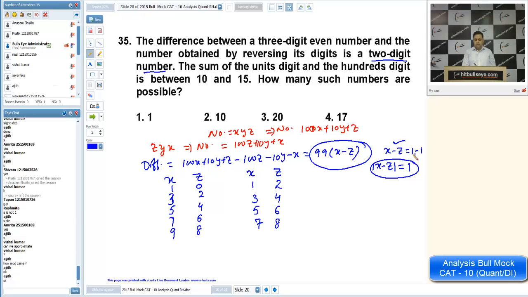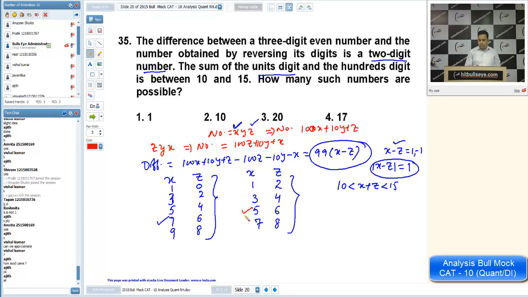Right. So in all these cases the difference is equal to 1, and in all these cases the difference is equal to minus 1. And the next thing, the question is saying that the sum of the unit digit, which is z, and the hundreds digit, which is x, should be more than 10 and less than 15. That means x plus z should be in between 10 and 15. Now we have to find the cases in which x plus z lies in between 10 and 15. I think this is a case where x plus z is lying in between 10 and 15,